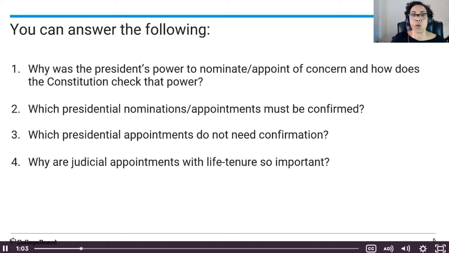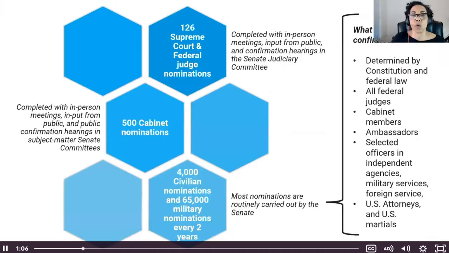This is a graphic that I borrowed from Ms. Hitchcock that is showing you the various nominations and appointments that a president could have during their tenure. Remember the Supreme Court, there's just 9 of them, and of course someone would have to retire or pass away, but we've got a lot of federal judgeships that could be filled. We've got cabinet nominations and then a bunch of civilian employees, and many of these may be kept on from administration to administration because these are experts and there's no partisan issue in terms of them performing their job.